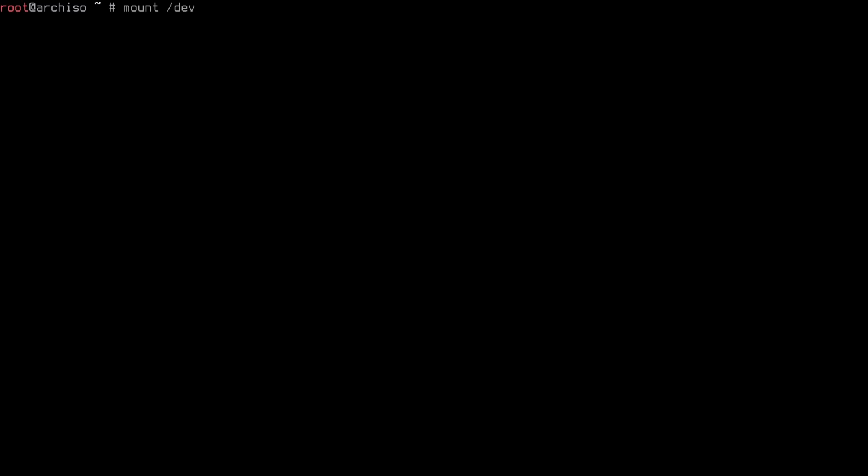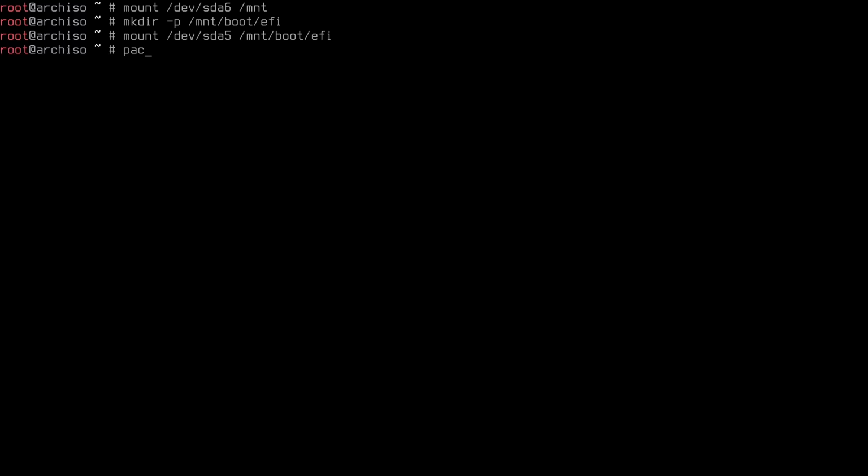So mount /dev/sda6. First we mount our root partition on /mnt. Then we create our boot directory, so mkdir -p /mnt/boot/efi, and we can mount /dev/sda5 on /mnt/boot/efi. So now we can install the base packages, so pacstrap /mnt on base, and then linux for the Linux kernel,